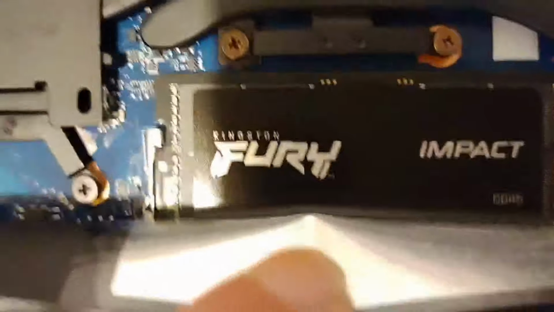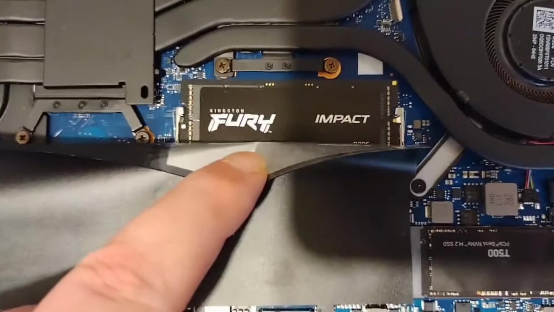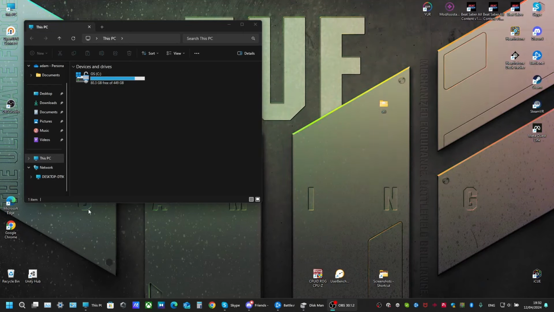So I just installed this Crucial M.2 Drive, and I have installed some Kingston Fury RAM. Okay, so after installing the M.2 Drive, it doesn't appear in This PC next to the C drive,